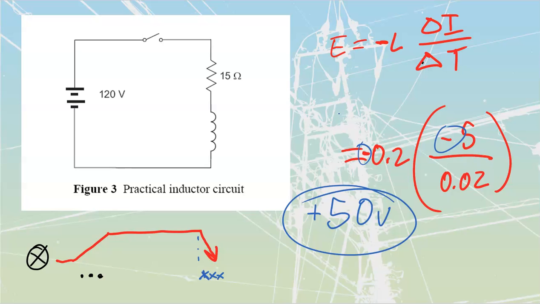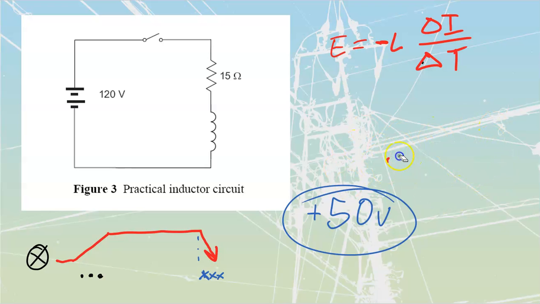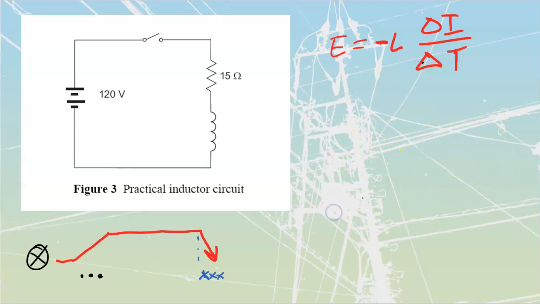The next three are going to deal with the fact that if we change the speed at which we drop our current, or raise our current, then we're going to see large amounts of voltage. They say, what would happen if we used the same coil again, so a 200 millihenry coil. Let's just erase all that. Except this time the current is going to vary from 6 amps to 1 amp, so a negative drop